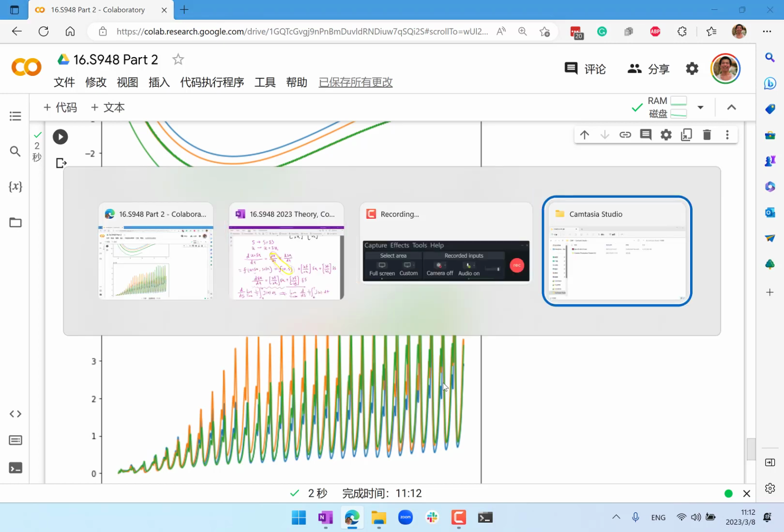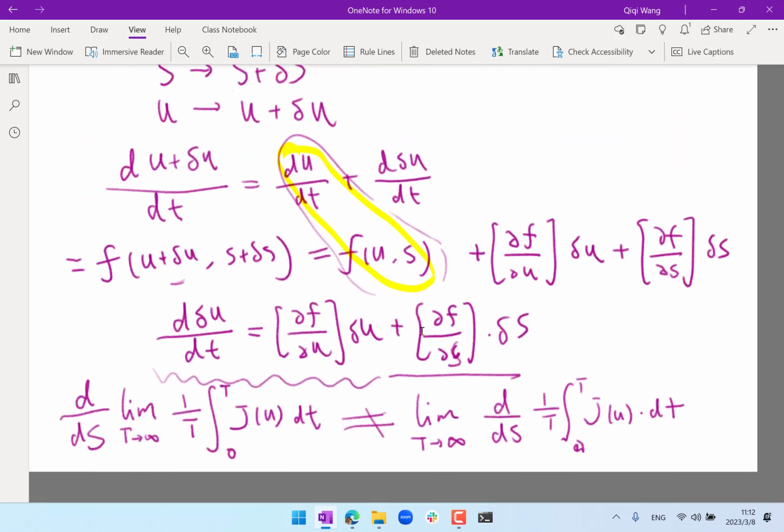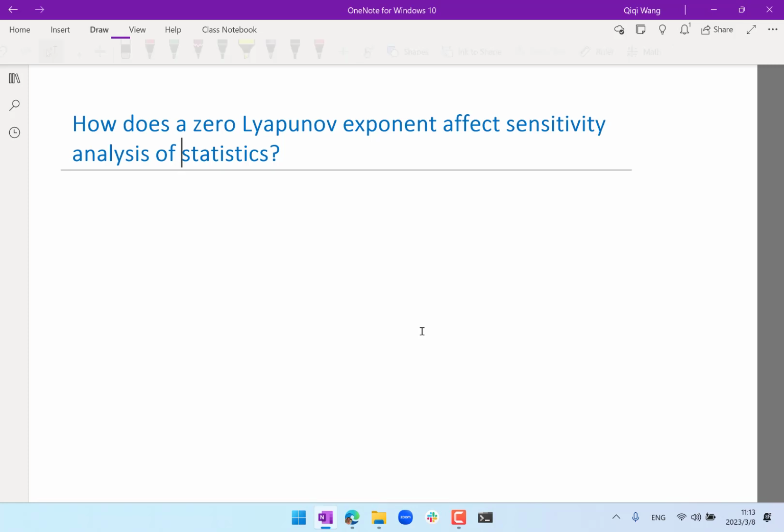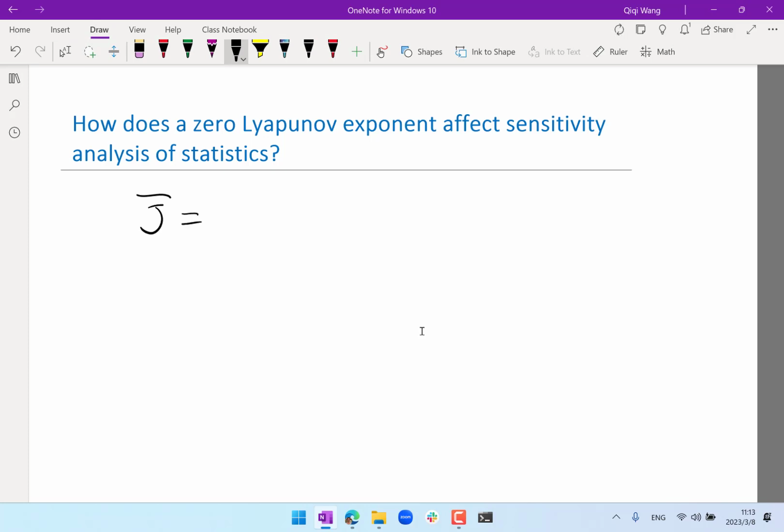Okay, so now this lecture, let's focus on figuring out how to do sensitivity analysis of statistics. So what do I mean by statistics? Statistics J bar is equal to, there are two definitions and they are equal if the system is ergodic. One definition is the limit as the number of ensembles goes to infinity. It's basically the expectation. Let me just write it as expectation. So one definition is the expectation under the equilibrium distribution, let me say rho,